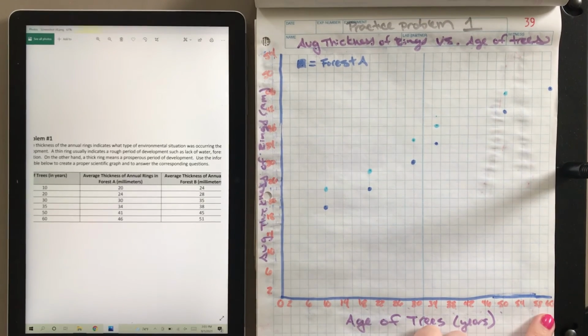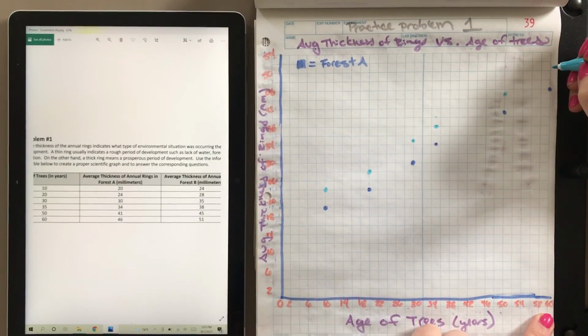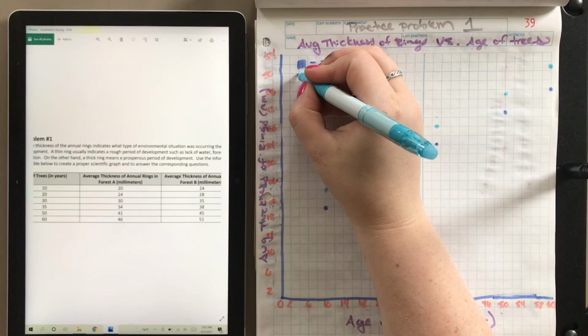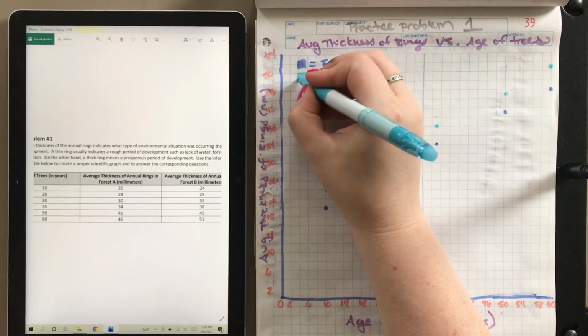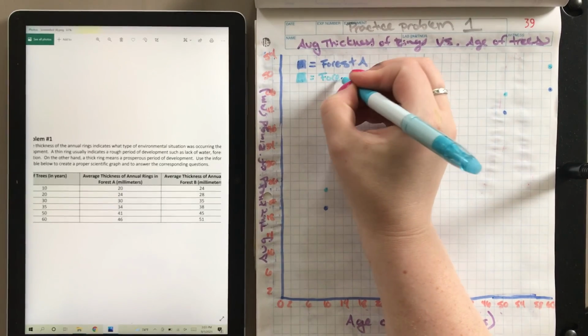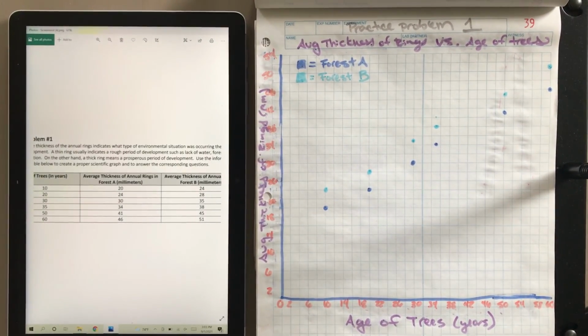And at 60, it's 51. All right, so then we add to our key that light blue is Forest B. All right. Then